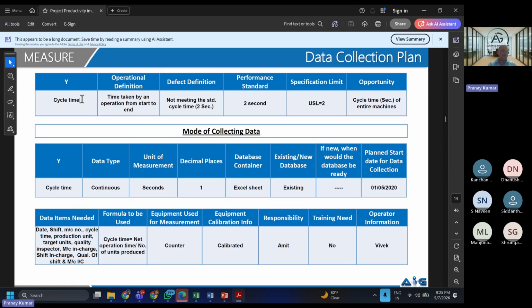Why should it not be cycle time? You will have to decide on your metric. Is it daily cycle time? Is it daily median of cycle time? Whatever you have, you will have to mention that adequately. So it should not be a CTQ, it should be a CTQ metric.